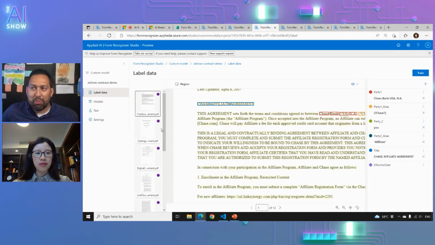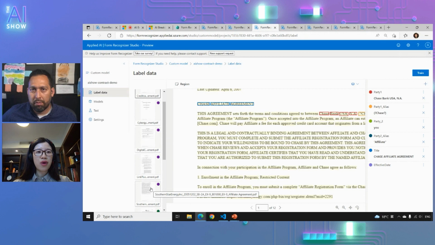Interesting. So basically, you're able to go through a ton of forms and pull out the exact information you want once you've trained these models. Is that right? Yes. And to answer your question, how many samples do we need? As you can see, these purple icons are the ones I have already labeled. It only takes you a few minutes to label 5 samples at least, and you can get a trained model ready. With 5 samples? Yes. That's pretty amazing.